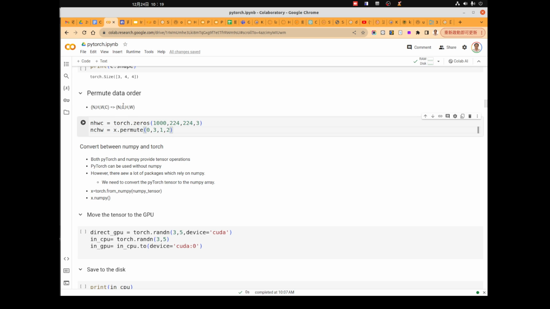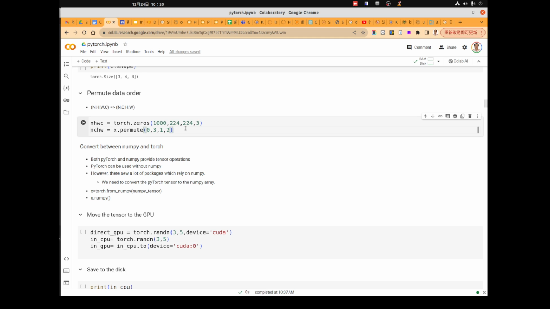So for NCHW, N is 0, so we write the 0 here. And the next one is C. C is 3 here, so we put the 3. And H is 1, and W is 2. So it's 0, 3, 1, 2 here.